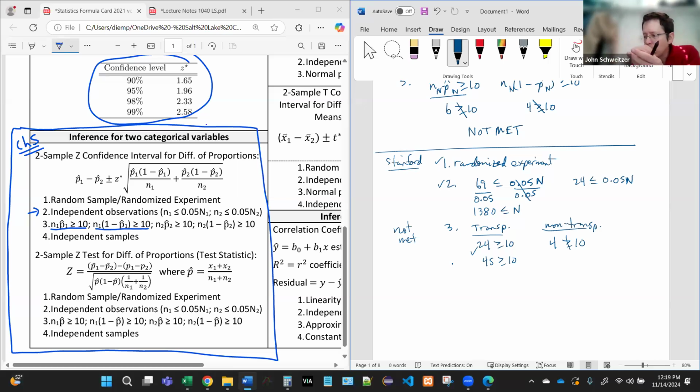So if you're going to use the normal distribution, you need a larger sample. But it turns out there's another way, and it's using our randomization applet. We'll talk about that later. That's basically a fix for this. So if you do have a small sample, you can still do inference.